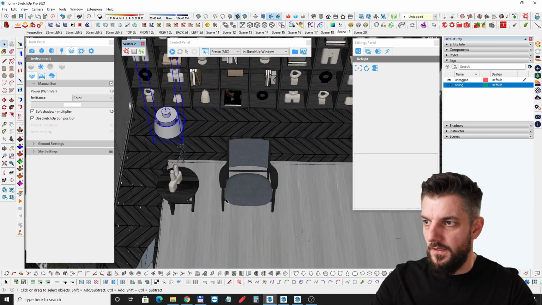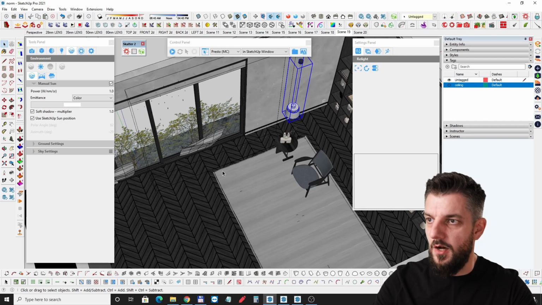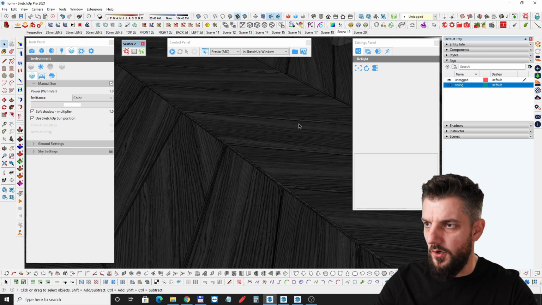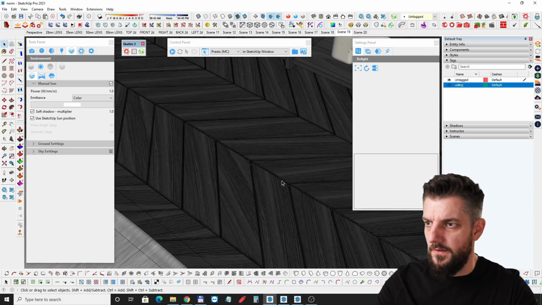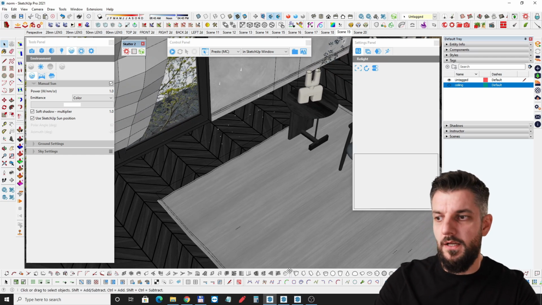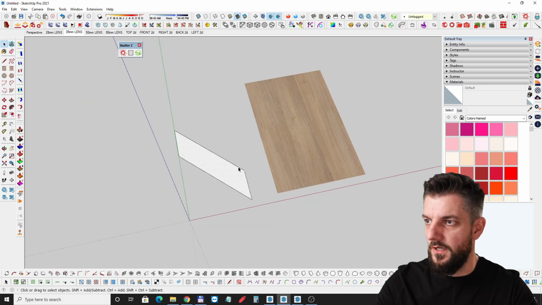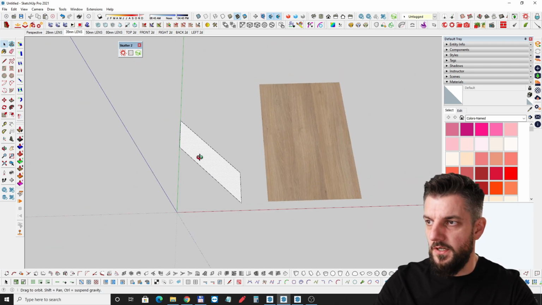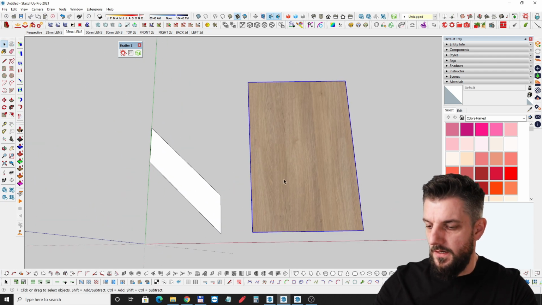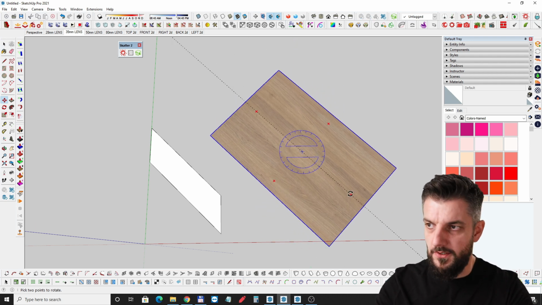Now, before we do that, I want to explain a little bit how I did the lighting and how the scene is set up, and how I did the floor. The floor is in 3D. It's not a texture map, and I want to show you real quick how I made this type of floor. So we have the tile over here, one tile, and we have the texture that we are going to use. I'm going to rotate the image about 45 degrees